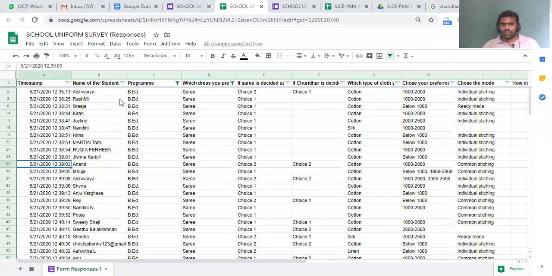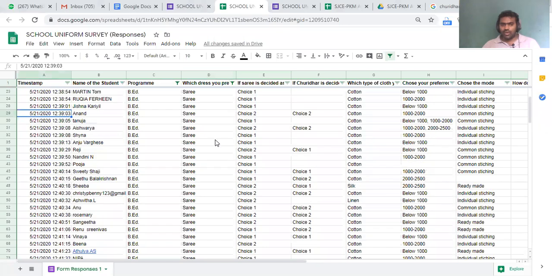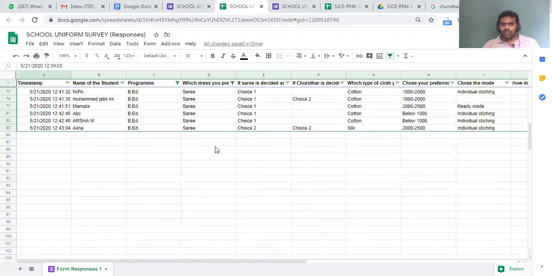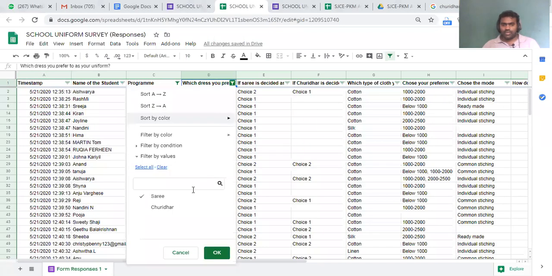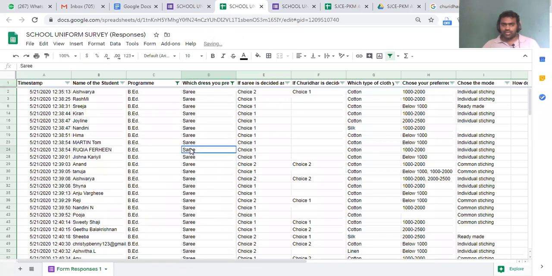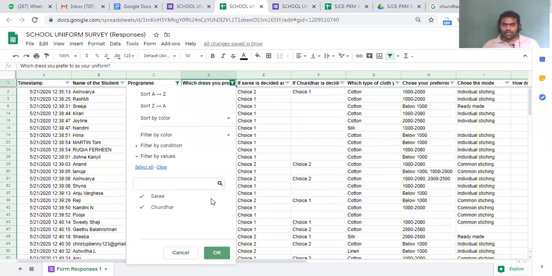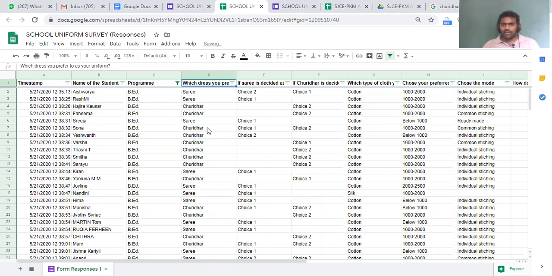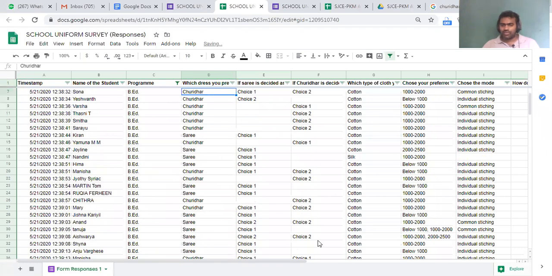First you can choose beard course, then see how many sari and how many churidar, and you can sort also. By sorting, sari will be displayed first. All of Excel's features you can use.